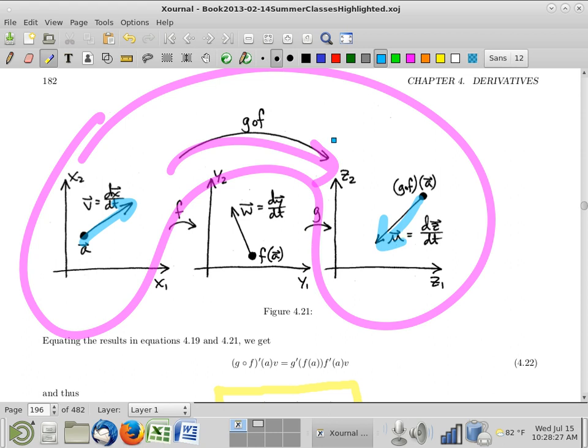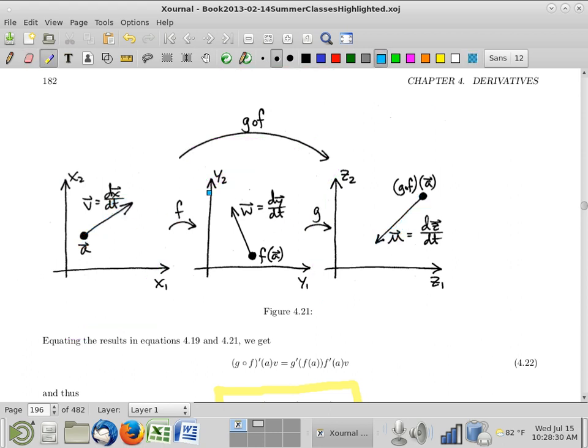Okay. So you can write down the algebra just like we did before. But let me argue in terms of what's analogous to the very last observation I made in the single variable case. If the derivative of f is what you do to that vector to get this vector, and if the derivative of g is what you do to that vector to get that vector, then altogether the derivative of the composition is just going to be the composition. First you're going to do whatever this is, and then subsequently you're going to do whatever that is. That's how you get from this v vector to this u vector. So you can look through the algebra if you'd like, but there's an